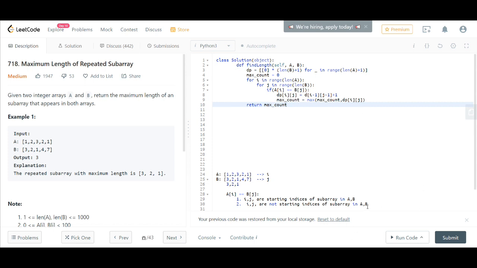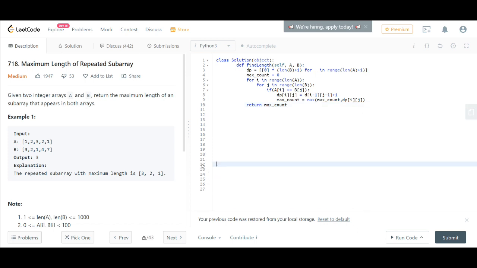So basically what we are trying to do here is, dp of I comma J represents the length of the subarray that is starting from some position and ending at the ith position in A and the jth index in B. What is the length of that particular subarray?